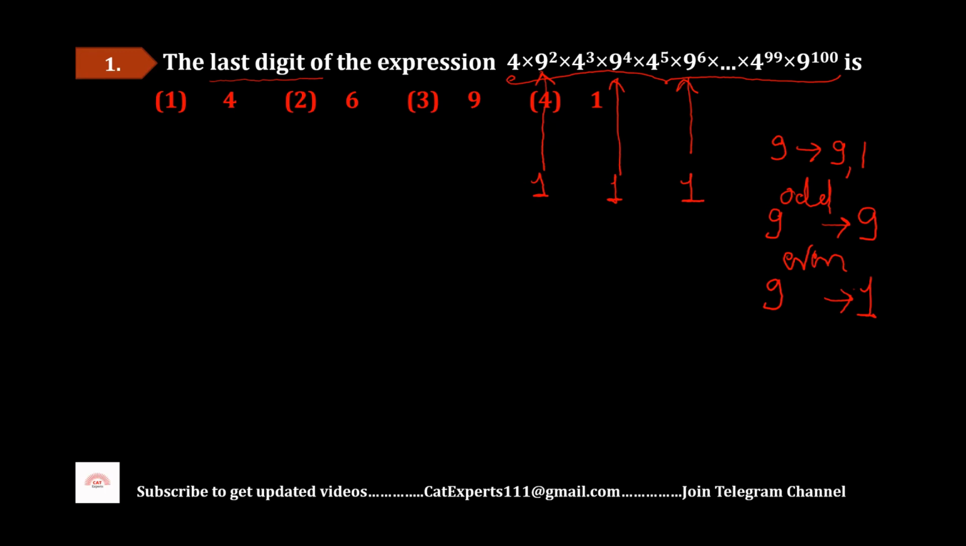Right, students? So in our given expression, all the powers of 9, as you can see, are even. That means that will give me 1 at the units place. So it is absolutely of no concern in this example. So what is left to me to find out the last digit of the given expression? I am left with now